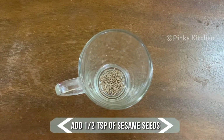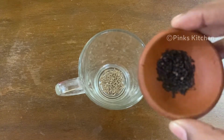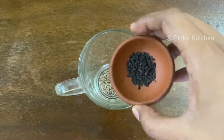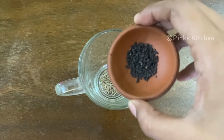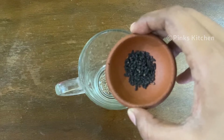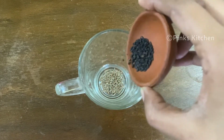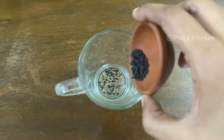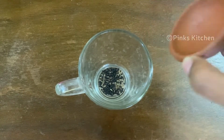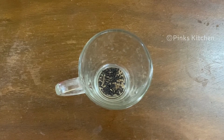Add half a teaspoon of sesame seeds. Black sesame seeds have a lot of health benefits. They are rich in antioxidants, lower blood pressure, have anti-cancer properties, promote healthy hair and skin, aid blood sugar control, relieve arthritis pain and lower cholesterol levels. These black sesame seeds are a good source of healthy fats, protein, B vitamins, minerals, fiber, antioxidants and other beneficial